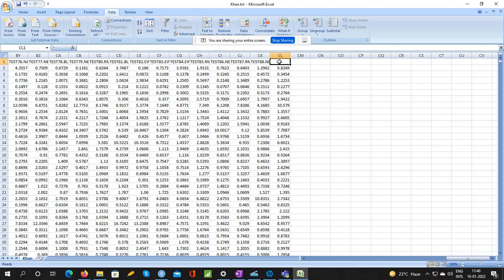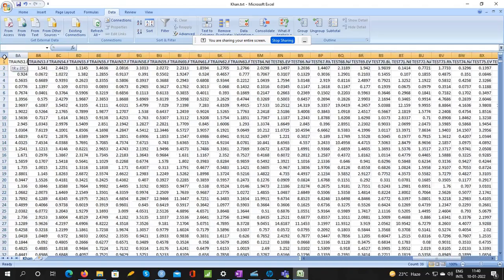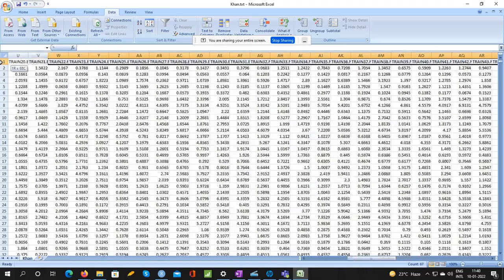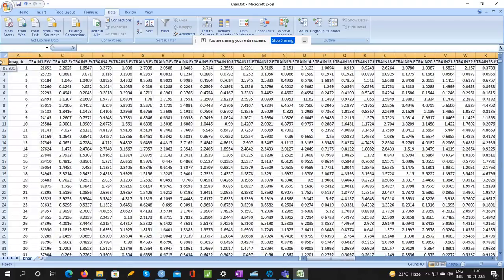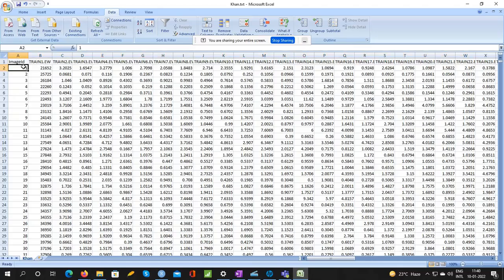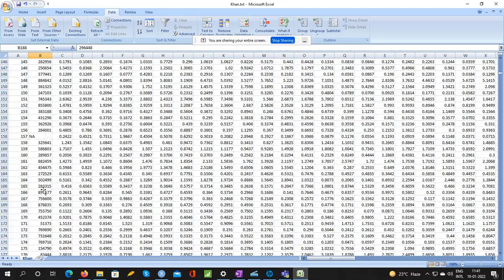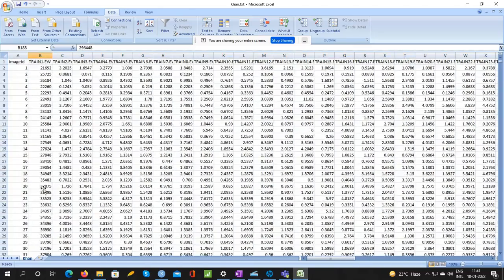So this CL is the CL means how many columns? Does anyone remember? Let me count this way. Ma'am, we can count it after including that. 90. Sorry, 90 columns. So I have 90 observations, and oh yes, correct, that's what I was suspecting. This is actually serial number columns, and this is the image id column. So yes, we do have row names here.